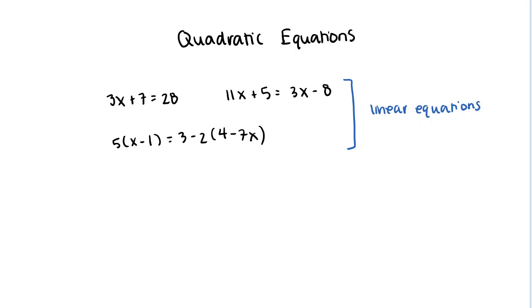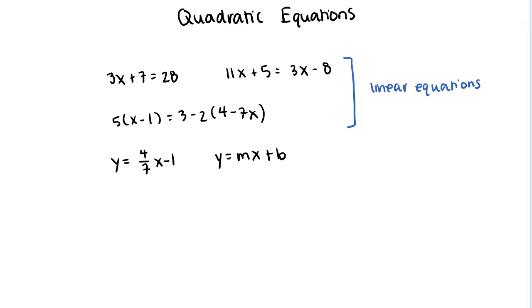And then we also dealt with linear equations in 2 variables, right? We saw things like y is equal to 4 over 7 x minus 1. And in more generality, y is equal to mx plus b. So we got quite comfortable with these things and graphing them and understanding how to look at their inputs and outputs. And so now I'd like to turn our attention to